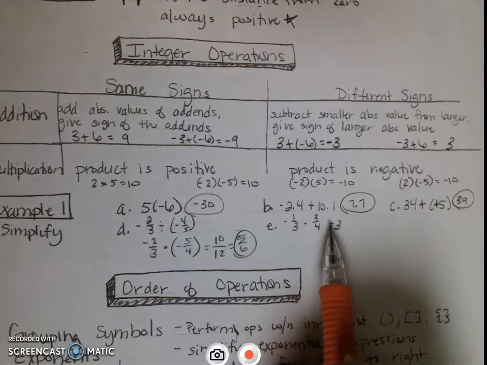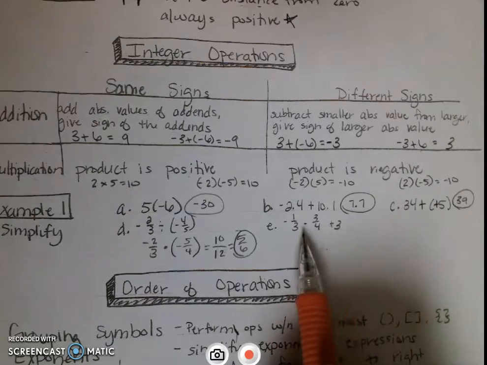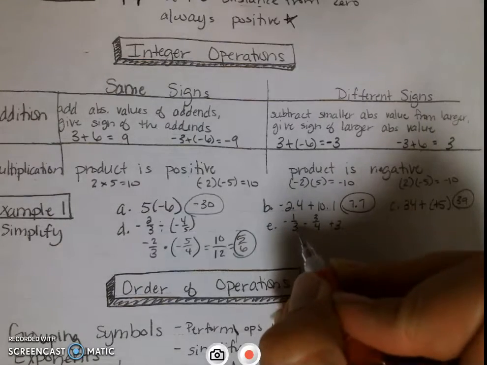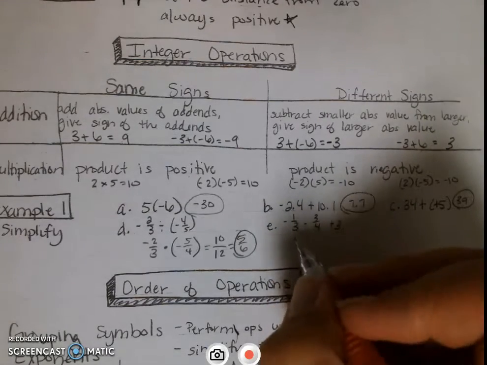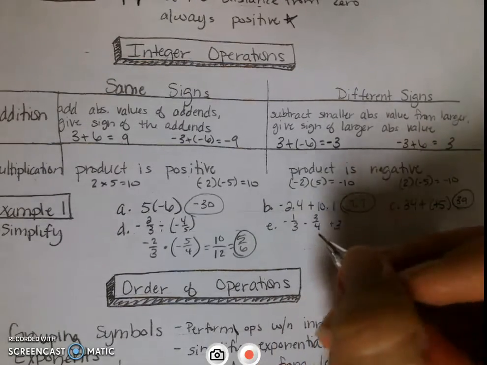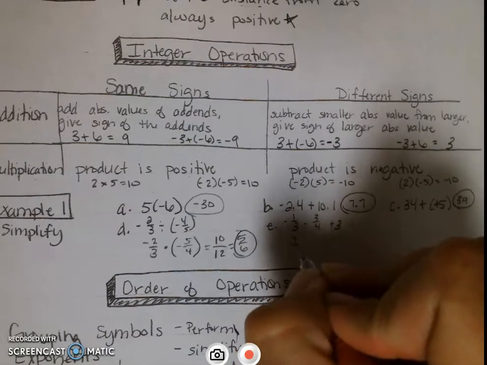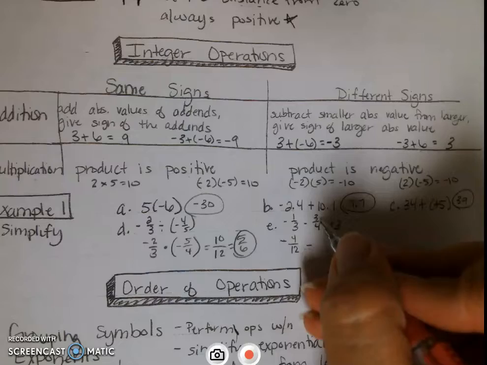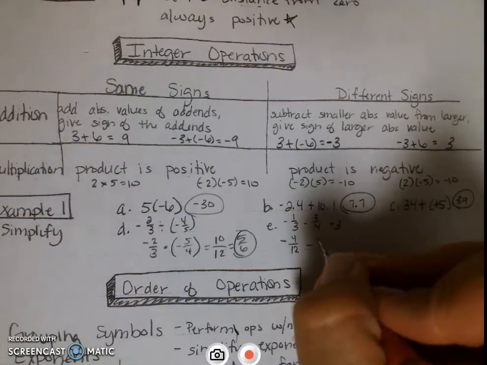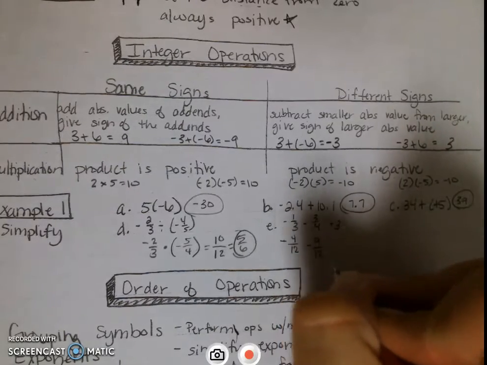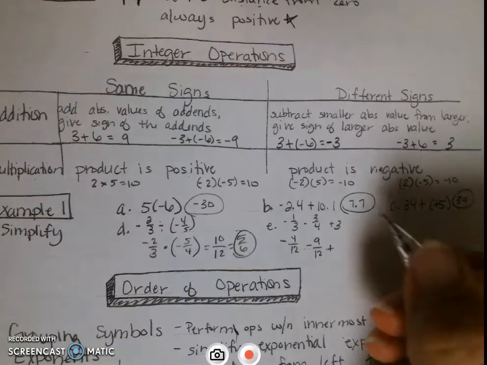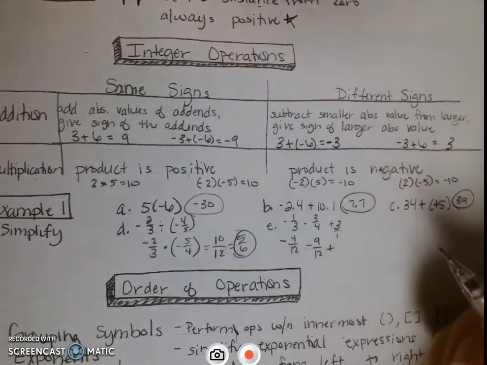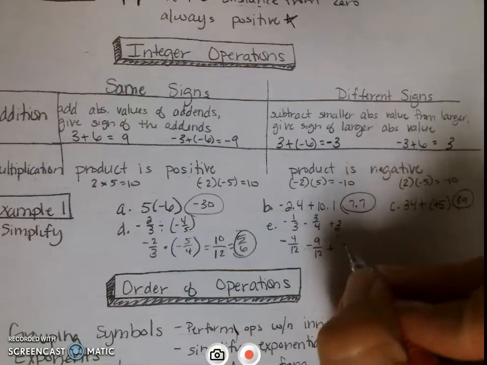Okay, so E, we have several fractions here. Okay, and we're subtracting and adding. So in that case, we have to have common denominators. So we'll make our common denominator 12. So I'm going to multiply 1/3 by 4/4. So that's going to be negative 4/12 minus 3/4. We can multiply by 3/3. So that's going to be minus 9/12 plus, and the 3 we need to multiply by 12 because this is 3/1. So we're going to multiply by 12/12. So that's going to give us